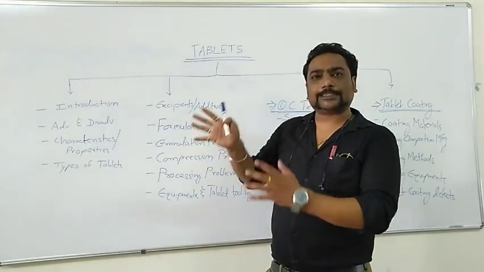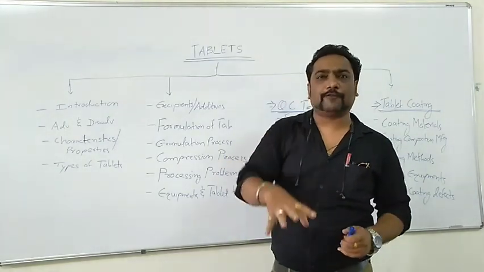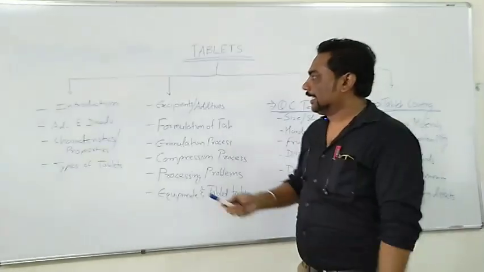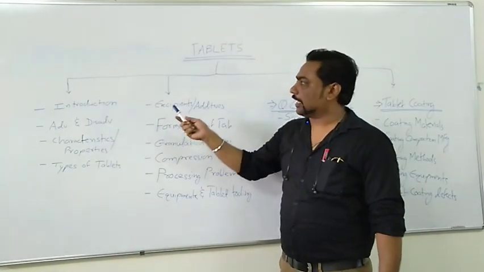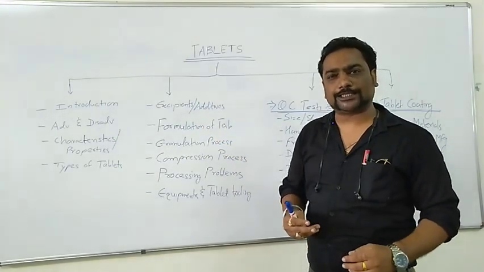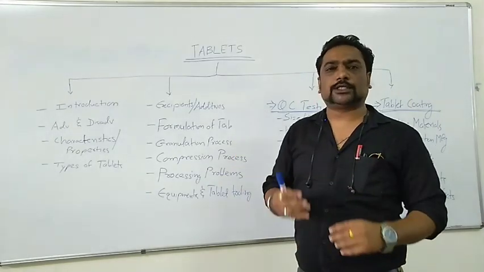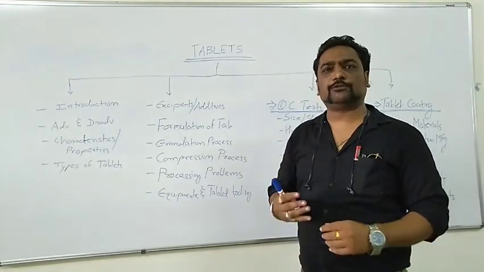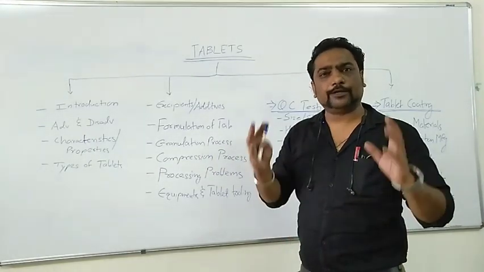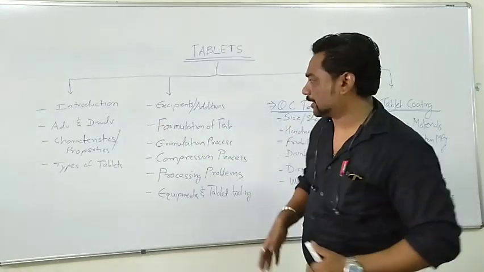Then we move towards the second part, which actually focuses on tablet manufacturing. So in that part of tablet manufacturing, we will see these contents. We will cover excipients or additives which are used in the tablet manufacturing process, such as binders, diluents, disintegrants, glidants. So n number of excipients are there, and we will discuss all those excipients and their roles in tablet manufacturing.